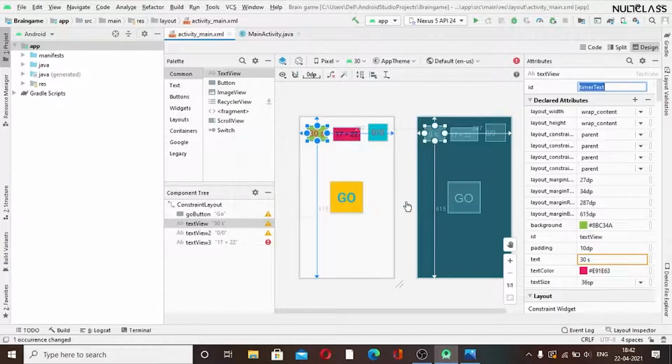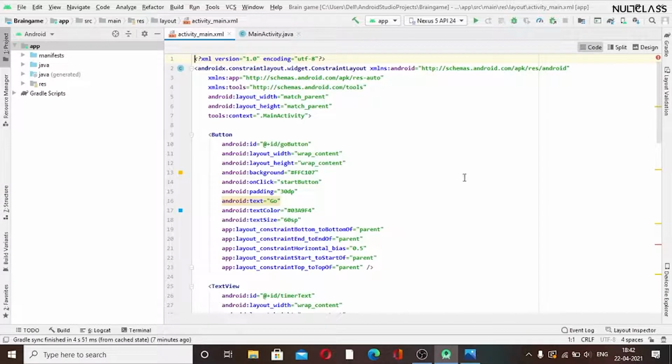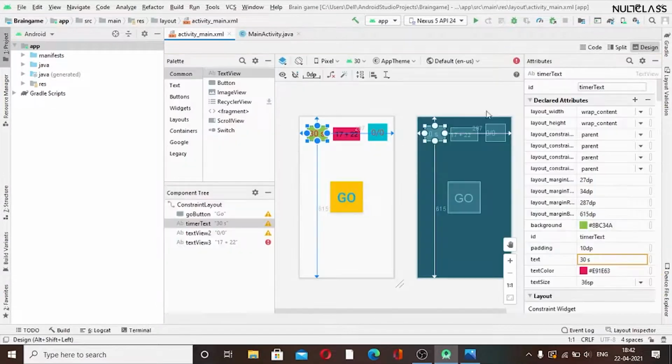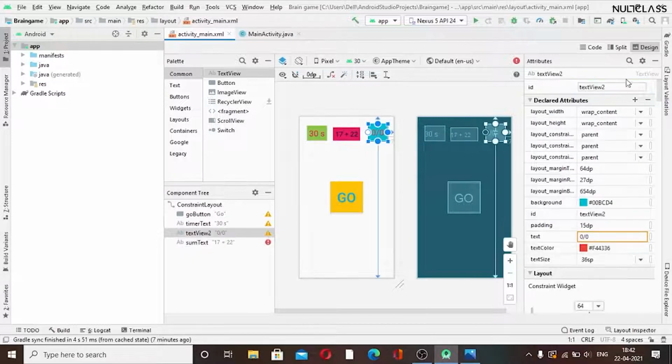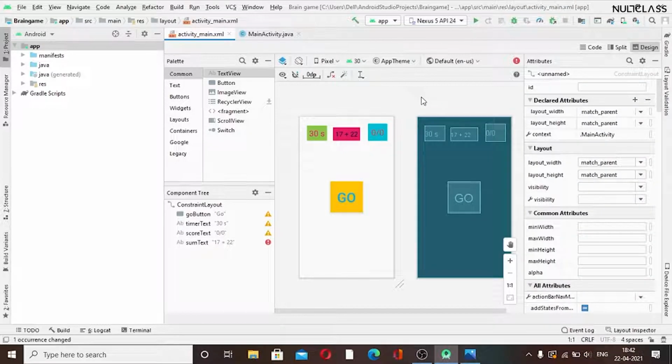Okay, so we have to click on yes, as these will make changes in the coding part also. Like we can see that we have a little bit of XML code here. So the visual which we create, its XML code gets automatically coded inside the code part. Okay, so I will just write down its ID. So as this is for our calculation, and we mostly use sum here, I will give its ID as sum text, and here I will give it as score text, as this will keep track of our score. I will give yes, and I think we are ready with this.